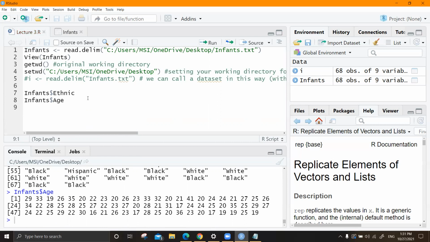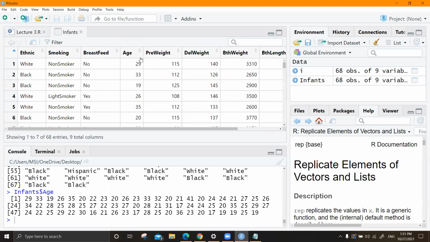You can try that. But this is very hard when we deal with very long stuff, giving the $ sign all the time. Let's say you want to add these two values. You are going to access this one by infants$pre-weight plus infants$del weight.